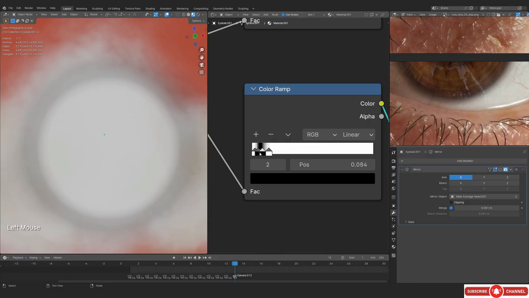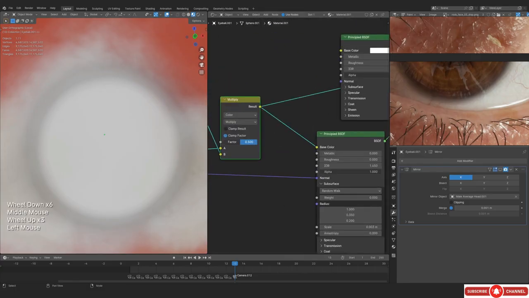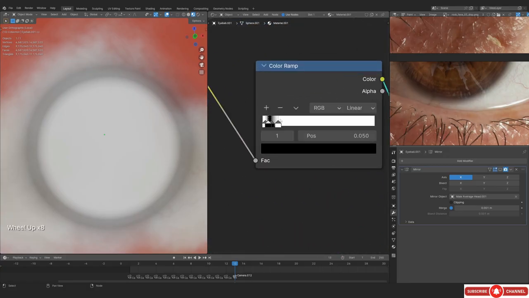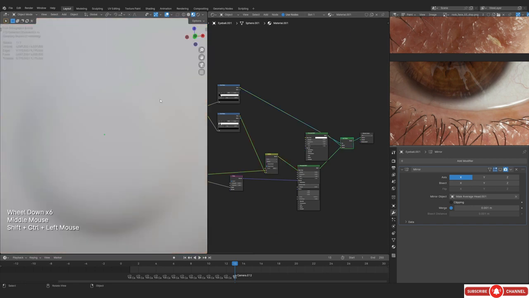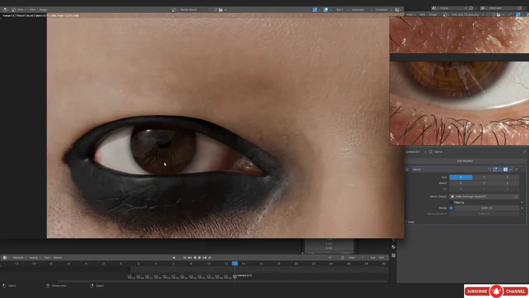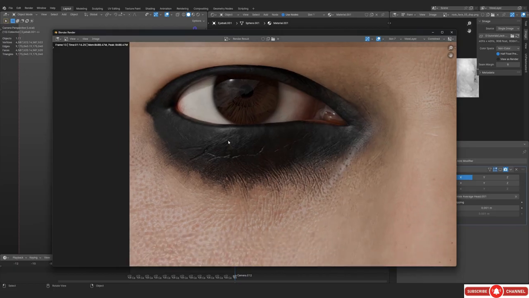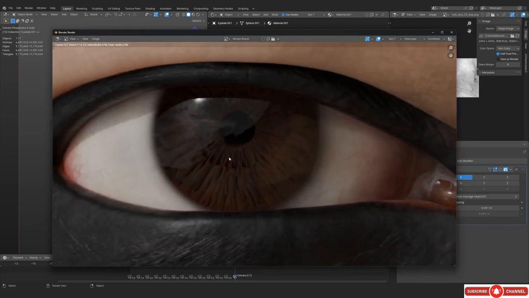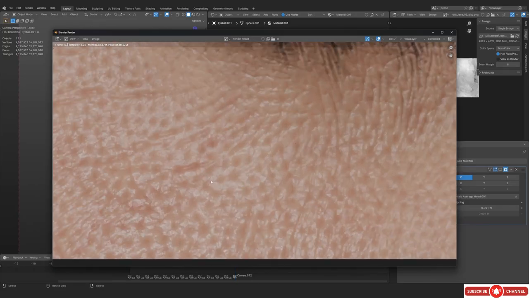Basically, it is looking gray right now because the multiply value is at 0.5. That's why you are getting the gray. If you were to increase it, you can see the more you increase it, the blacker you are going to get. So I think I've just removed that, and with this particular flag you can adjust the radius of the black part. That way you can add the black ring around it. I don't really remember whether I've added it or not. I think I did. Yeah, it is coming a little bit.